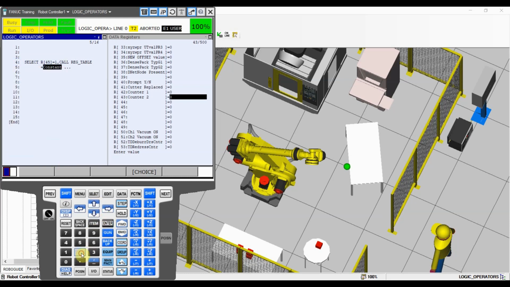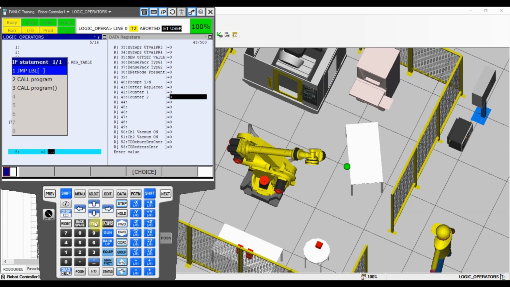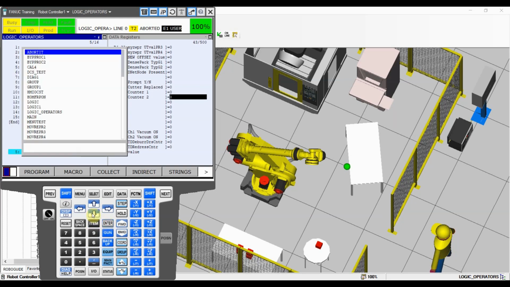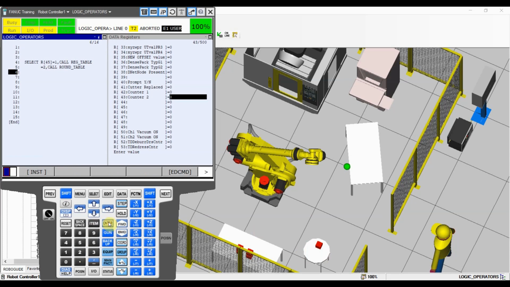You can see the logic is going to look like this. So if we're going to have number 2 in that register, I want to call another program, and I want to call the program that will move me around the round table. So let's choose this one. We have our round table in here. Okay,